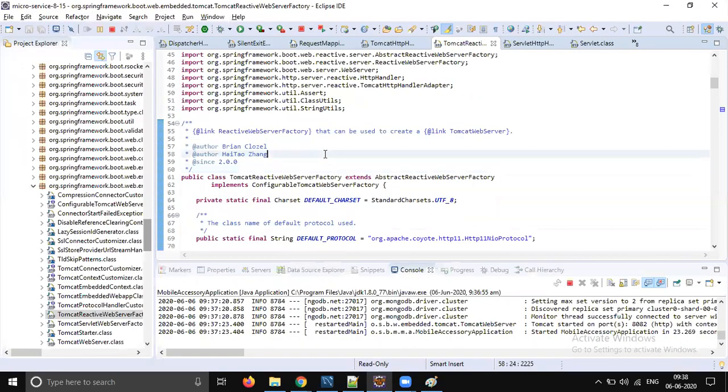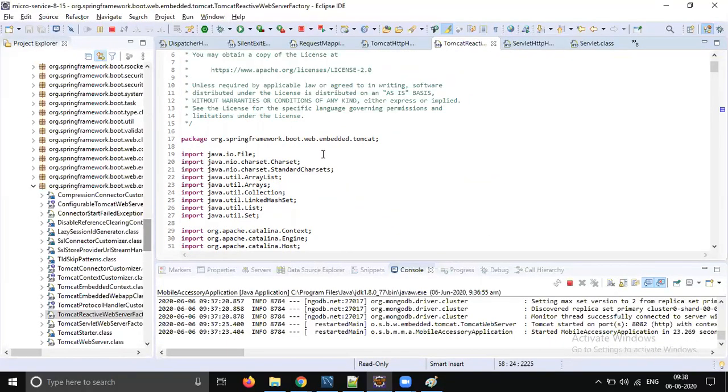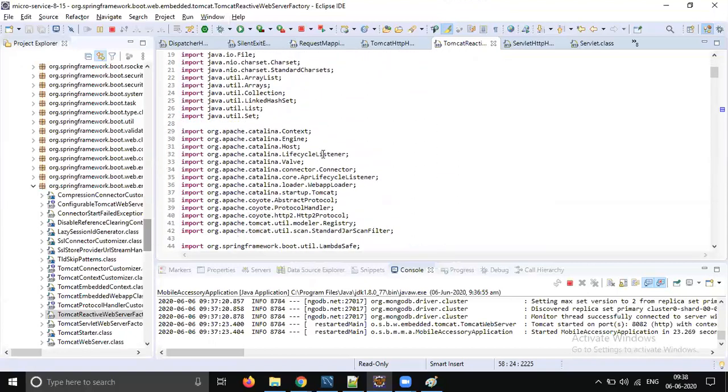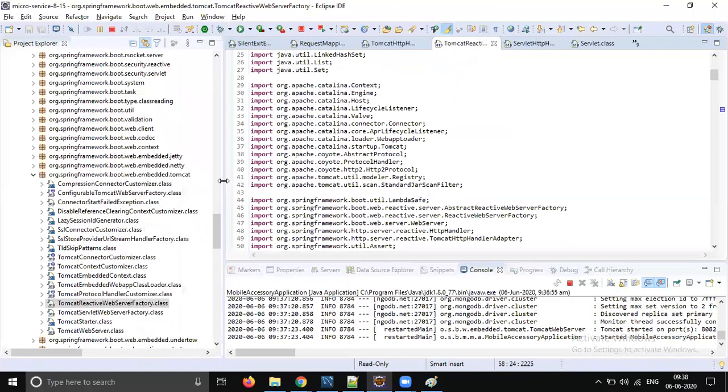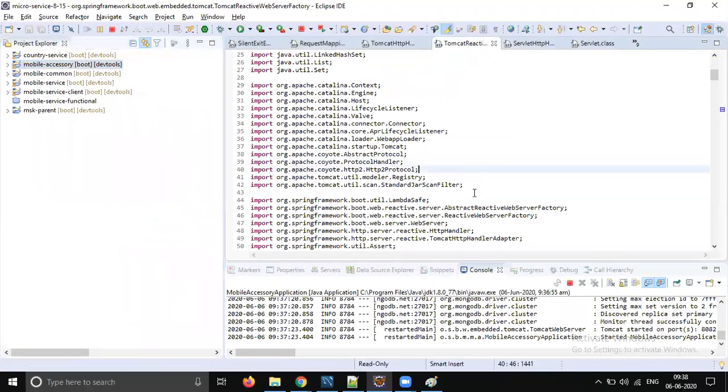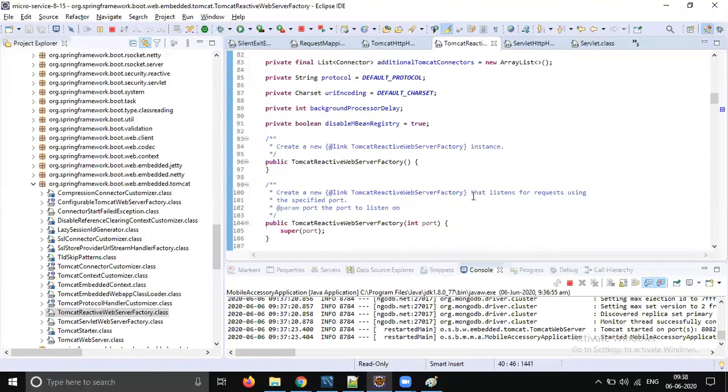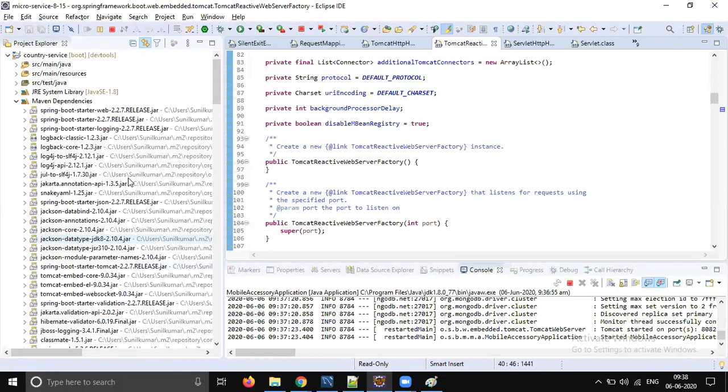Okay, I'll see. I'll try anything I can find today. If I find anything, I will try to show it tomorrow. But as per the documentation, this is the code which is going to be executed.